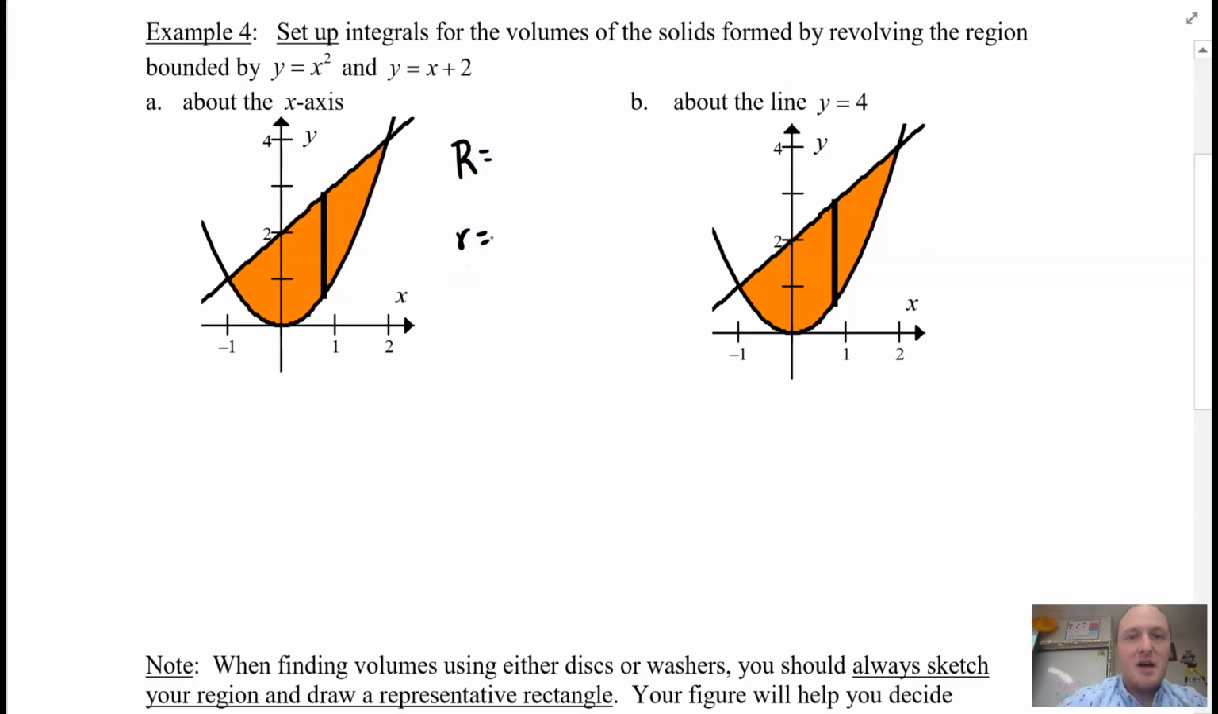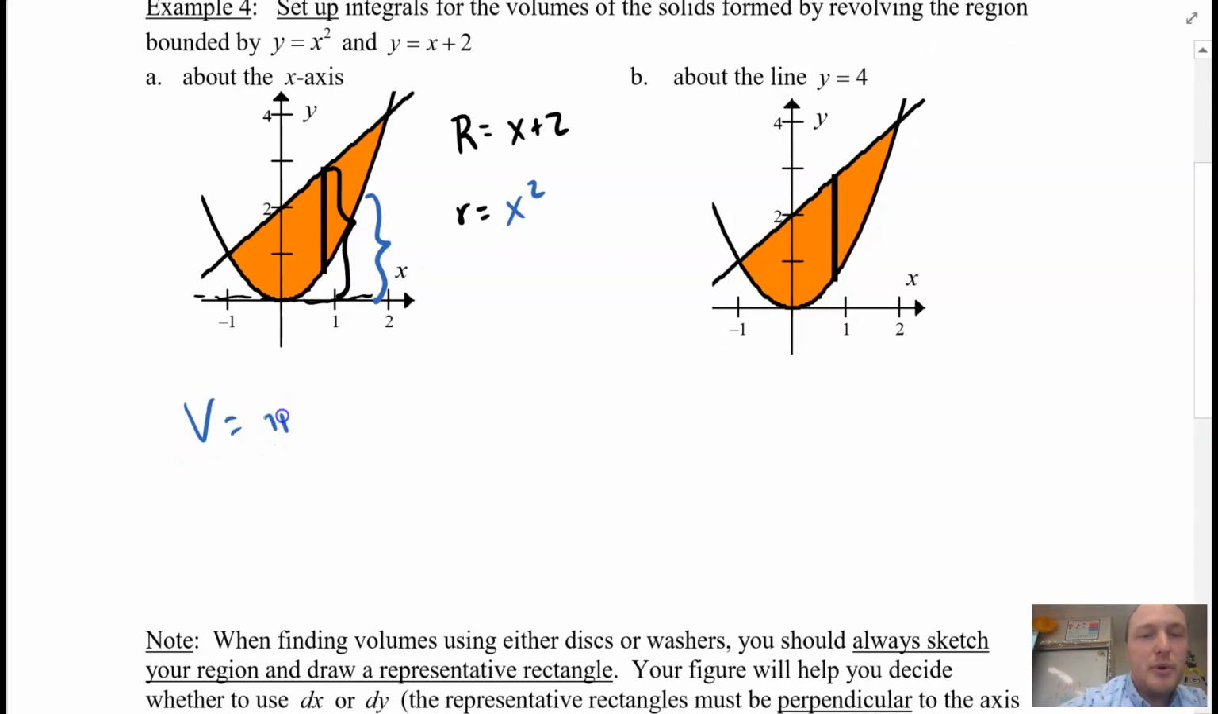So in this case, the big radius, right? I'm rotating about this axis. Your big R is going to go from here all the way to here. So that would be my top function, which is x plus 2. And my little r, that's going to be this distance, which is y equals x squared. So that's x squared. So again, our integral volume is equal to pi times the integral from,